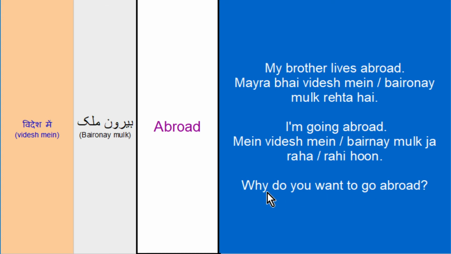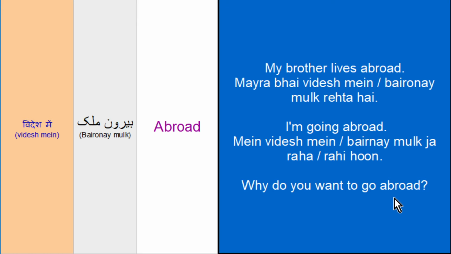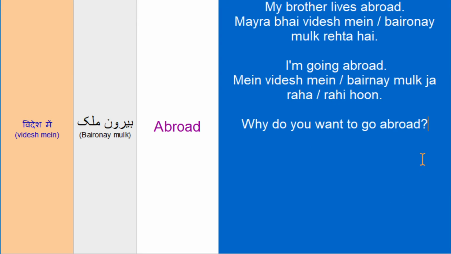Why is क्यों, you तुम, want चाहते हो for male, चाहती हो for female, to go जाना, abroad is विदेश में और बैरून मुल्क. Now let's translate it in Hindi and Urdu. So we will say तुम विदेश में और बैरून मुल्क